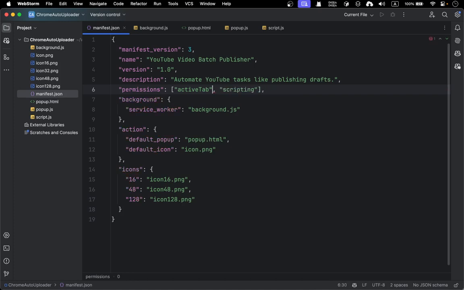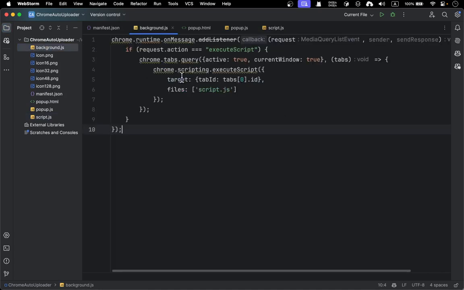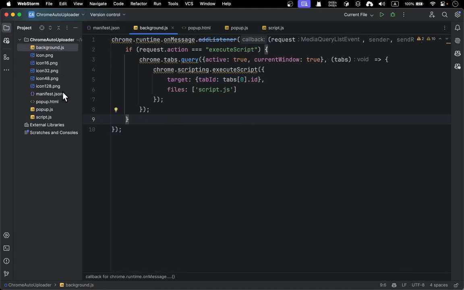If you get rid of it, don't forget to recompress it and upload it again. Okay, active tab, because some of the code here, like the background script, needs to access the active tab in order to actually execute code in the active tab. So we need that,